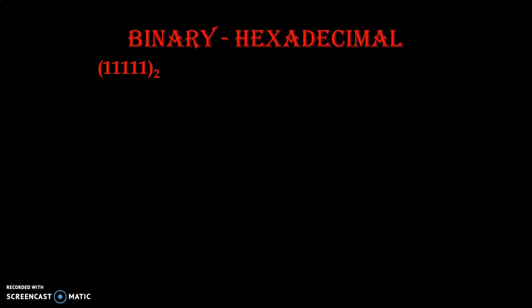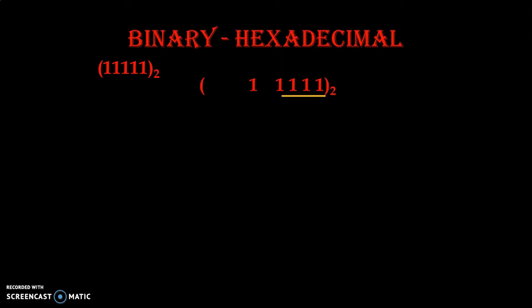Suppose we take 11111. But now we should know that we have only 5 bits. We require total 8 bits to prepare 2 groups of 4 binary bits each. So let us write, we have identified one group, that is 1111. In another group we have only a single bit, that is 1, and we are short of 3 bits.